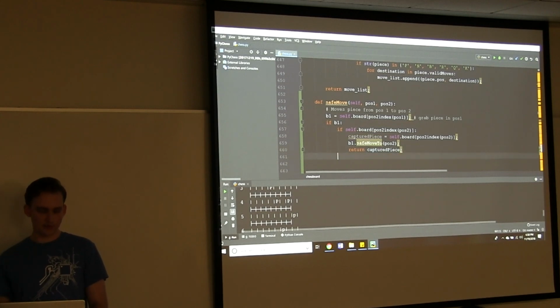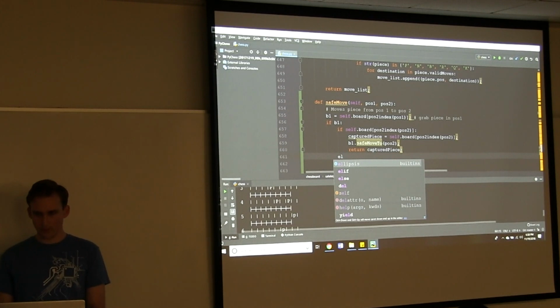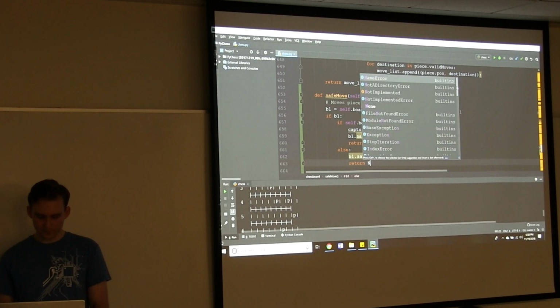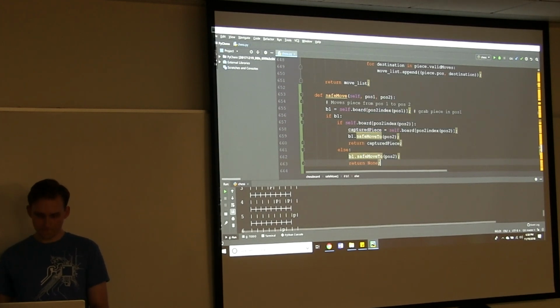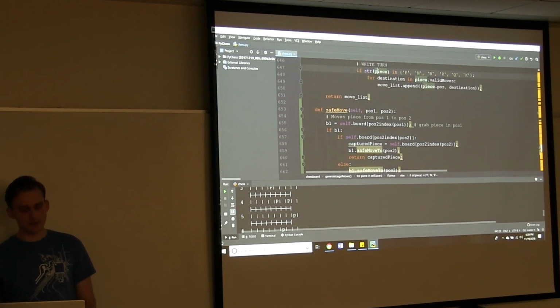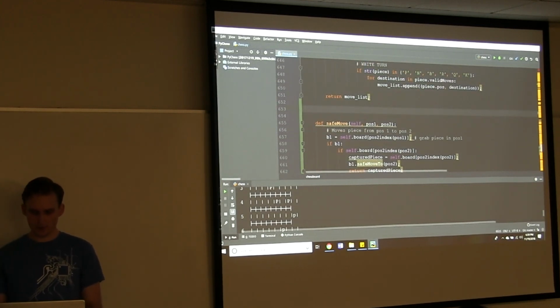That is going to be useful in the outer function which replaces it. Otherwise, we don't need to worry about that. We're just going to do the safe move to position 2 and just return them. So this is the last piece we need before actually moving into the simulate move part. So we're going to jump into that function next.